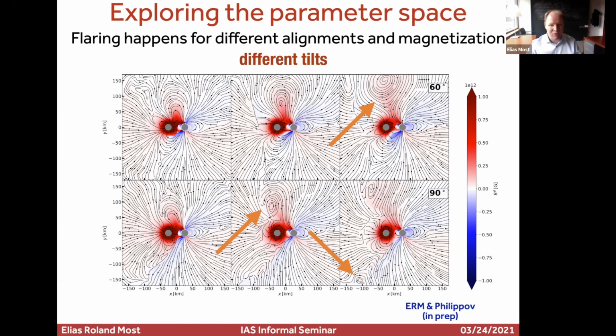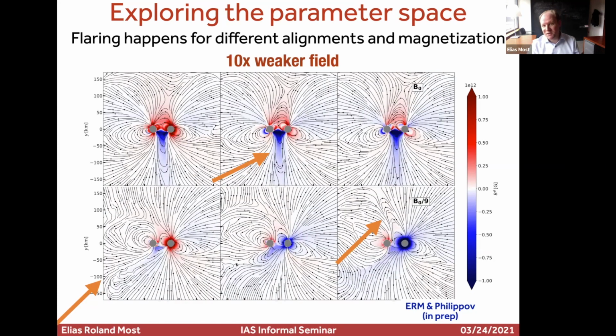You can also ask, how robust is this if I change my field strength? For example, if I say one of the stars has 10 times weaker field strength, here we look at the configuration where in the top the two stars are both misaligned by 60 degrees, and they're spinning around with some low spin. And what will happen is that the flaring is most prominent, of course, in the equal field strength case, because equal field strength kind of pushes this to the polar region. So there you can build up really large flares.